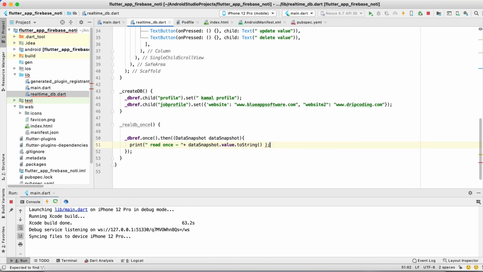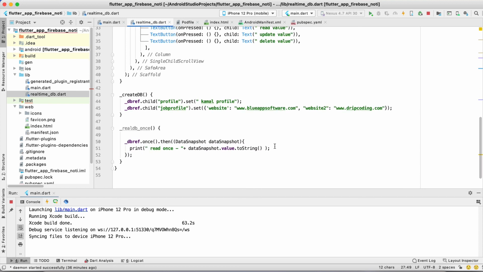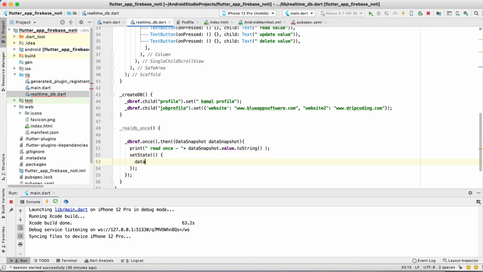Okay, and if I want to update this value on UI, so you can see we already have this object. So whenever we need to update the UI, we call setState. Database JSON object is equal to this toString. Okay, that's it. And on button click, I will call this function.